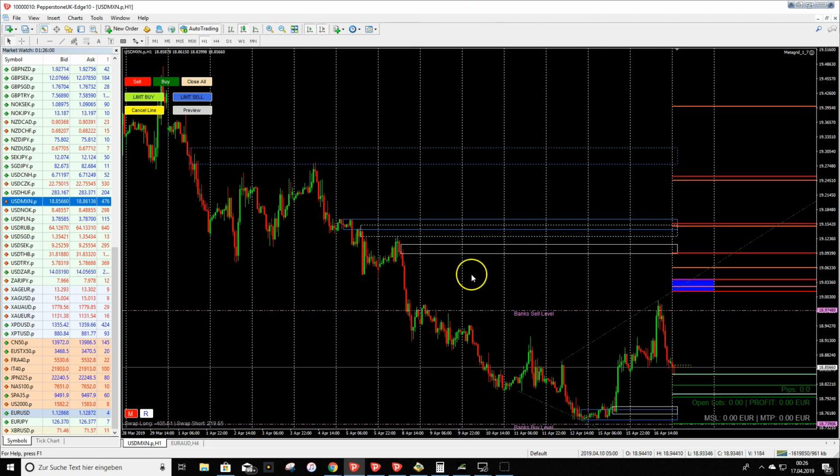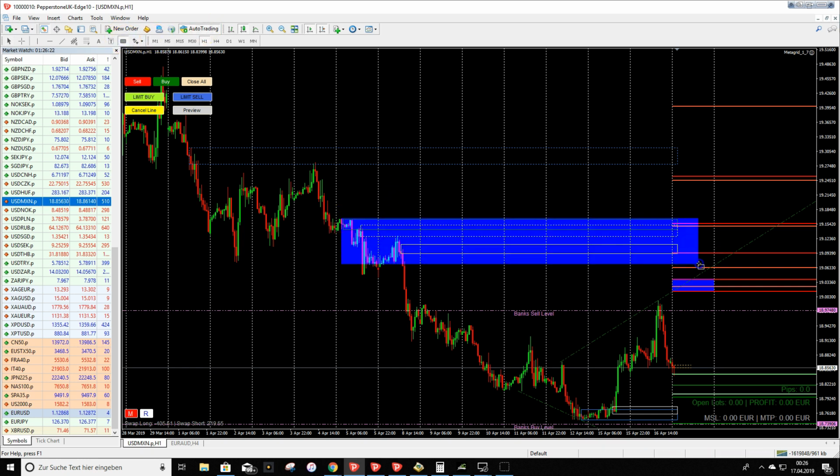And if we look higher, you can see we have here painted a supply zone from the Hypnotic software on the H1 time frame, and the blue ones are H4 supply zones. And here you can see in this H4 supply zone we have again the two order blocks close together. So I would use this as a sell zone too, this supply zone here, but it's far away from price, but you never know what price does, so I will mark it here